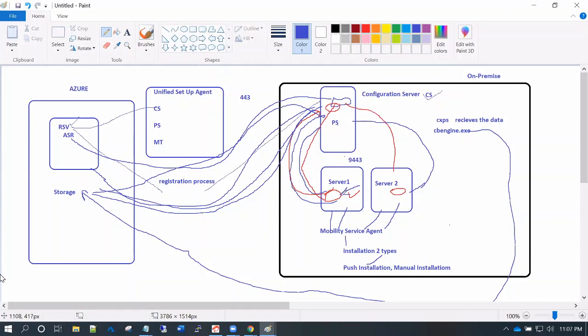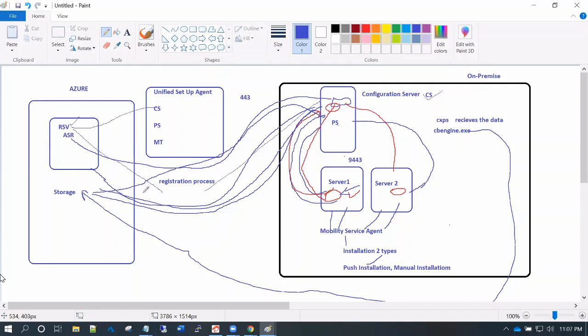Those changes will be identified with the help of the mobility service agent. There are internal binary components which I can show you at the time of labs. Using those binaries, it will identify the changes which are written to the disk. Those changes will synchronize to the process server, and from the process server or configuration server, it uploads the changes to the storage account.